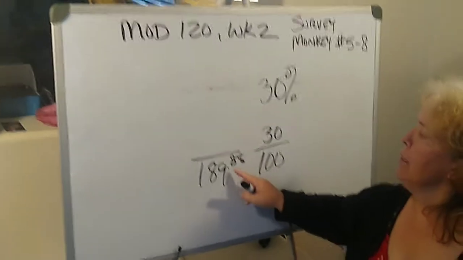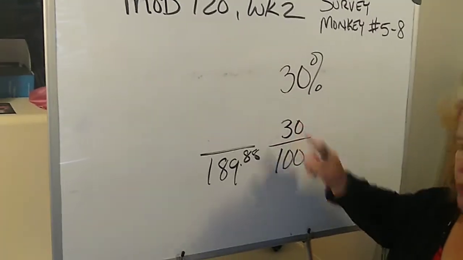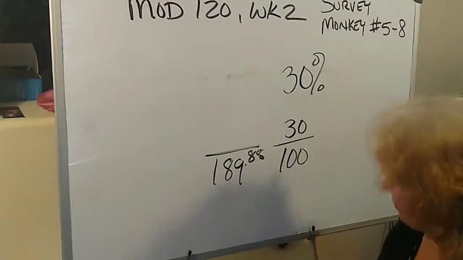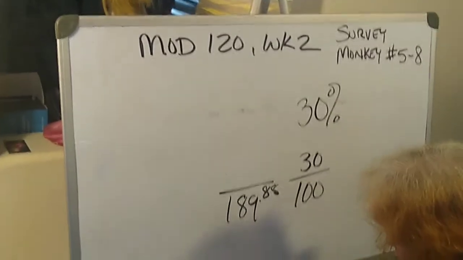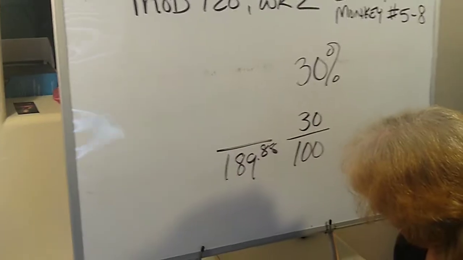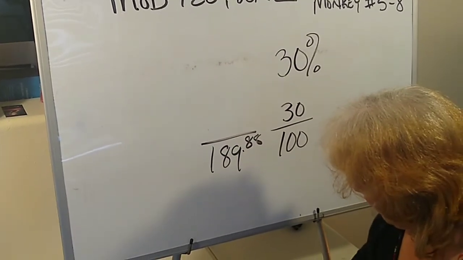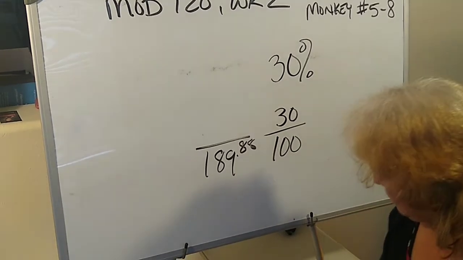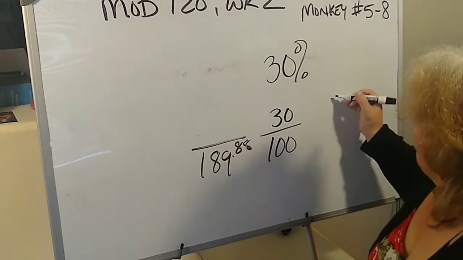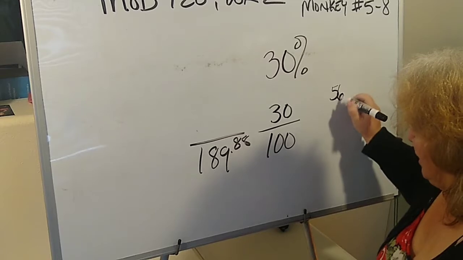The 189.88 and the 30. So multiply those 2 together. 189.88 times 30, and then divide by, if you said 100, you are correct, equals, now the answer I got was